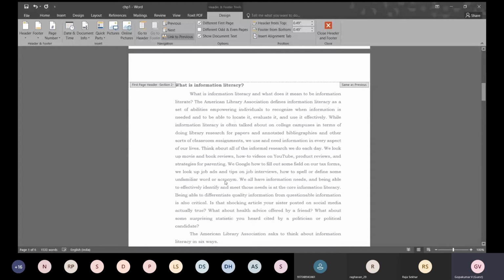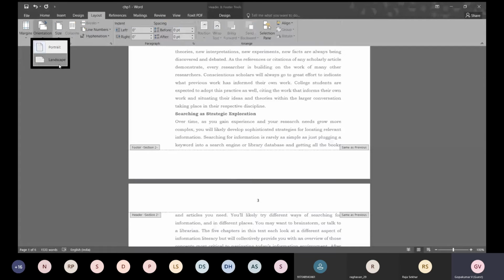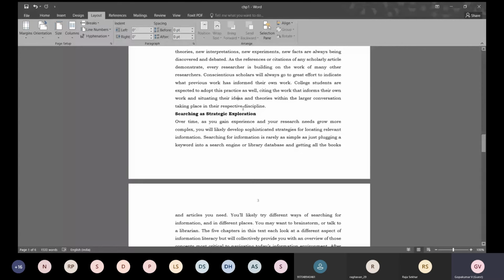Now, suppose you wanted a page in a different orientation. We have seen two orientations in layout, portrait and landscape. Suppose you wanted the 4th page, we have 6 pages in this document, you want the 4th page to be oriented according to the landscape option. How will we do it? This is what we are going to do. We want our 4th page to be oriented according to